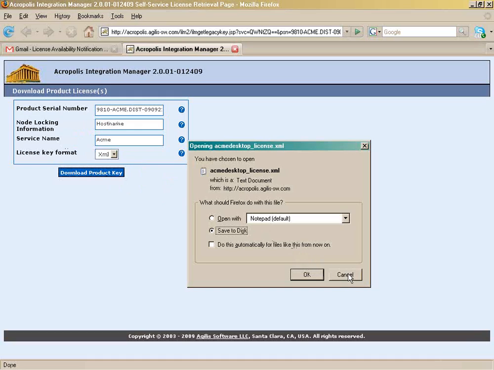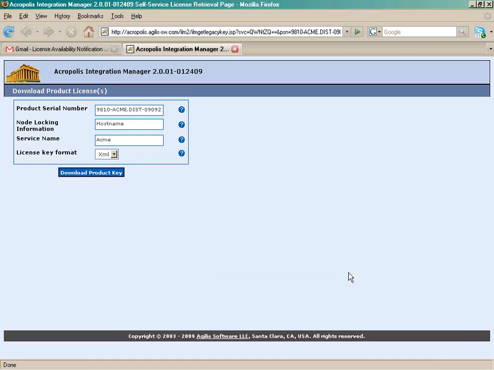I can now download it and, as an end user, save it on my machine and load it into my Orion server. So AIM has the ability to obtain information at the last minute, if you will, from the person doing the actual installation of the software, and integrate that information into the key that's delivered to them.